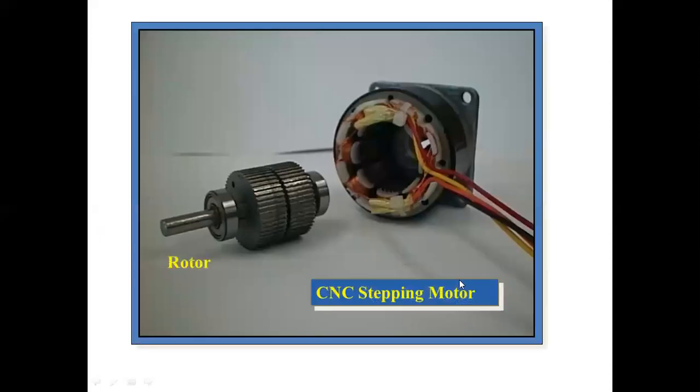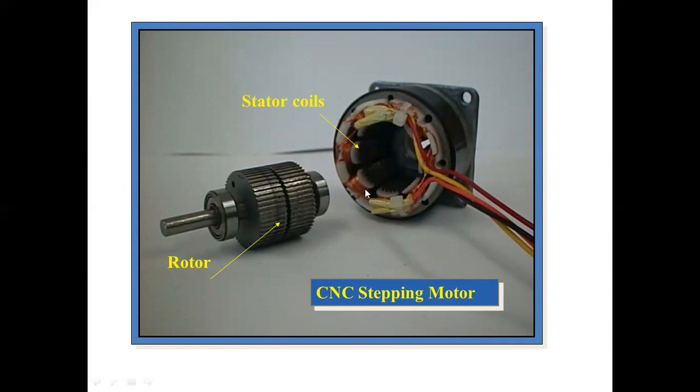And this is a complete stepper motor shown here. If you observe, how many rotor teeth do we have? These are the rotor teeth here, and these are the ball bearings, placed on the same shaft. Next, this is the stator. How many stator coils do we have? We have 8 poles here.